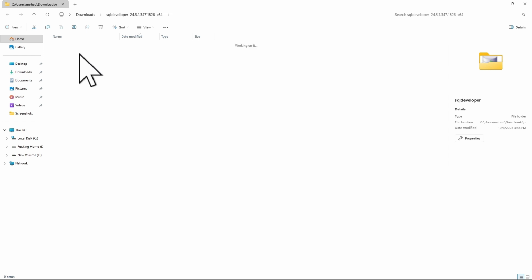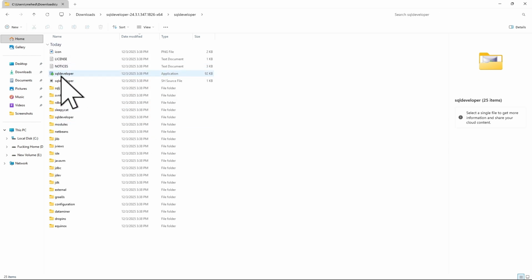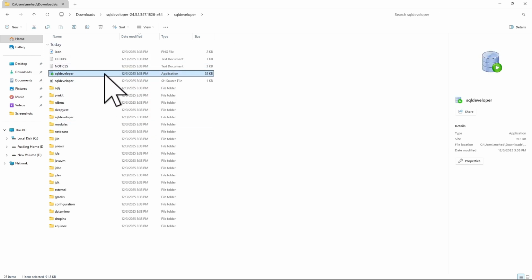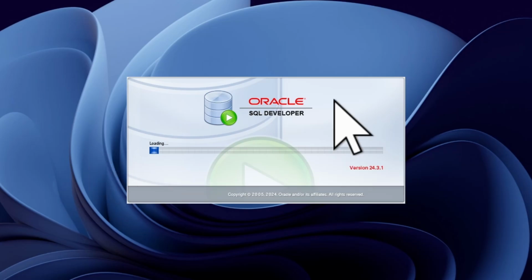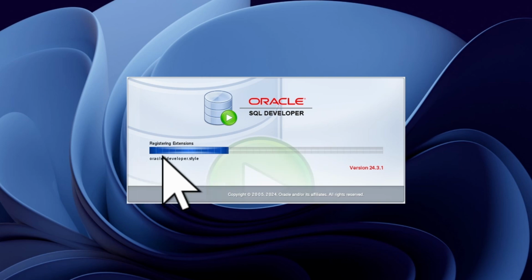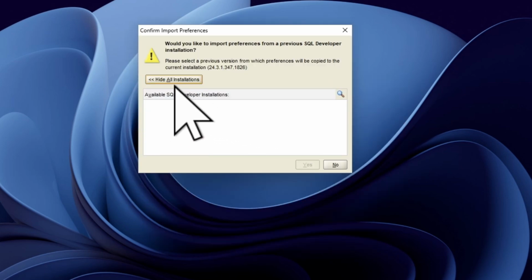If you click on that, we're going to find the SQL Developer application. If we click on it to install and minimize all the background apps, then we're going to see Oracle SQL Developer is registering. After it loads, you can see